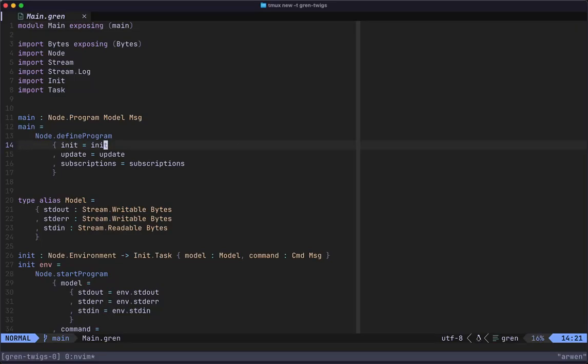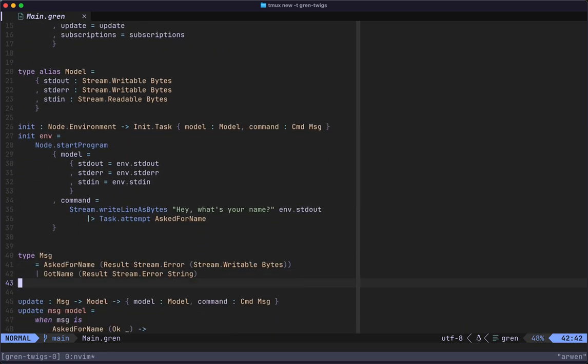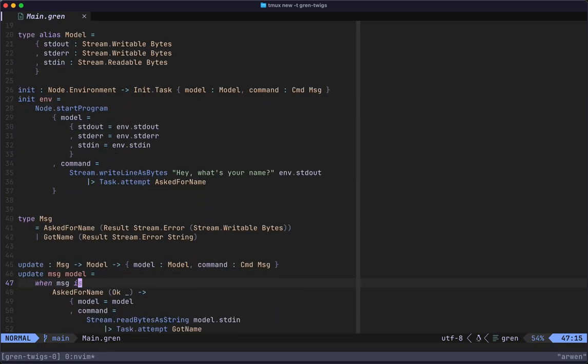I am going to talk about doing some TDD in Gren, some test-driven development. I'm going to pick up where we left off with the last video, where we had this program that just asked for your name and it said hello. I want to add something to this where there's an Easter egg. If your name happens to be a palindrome, such as Bob or Madam, I'm Adam, then it will give you